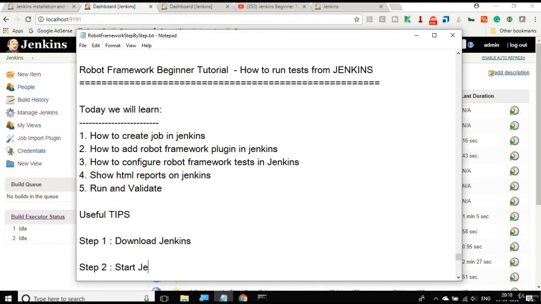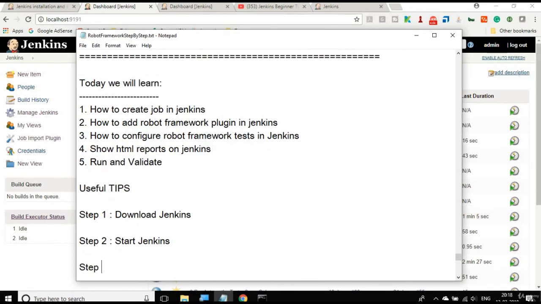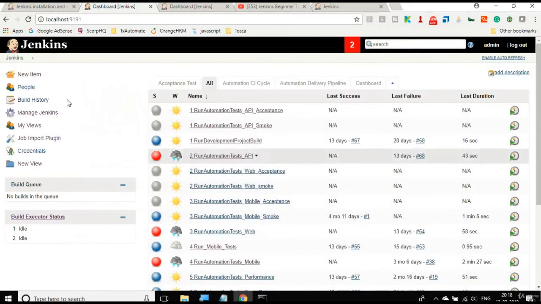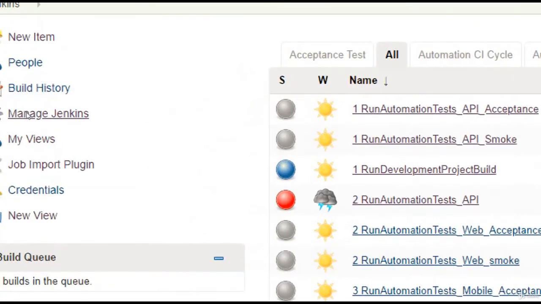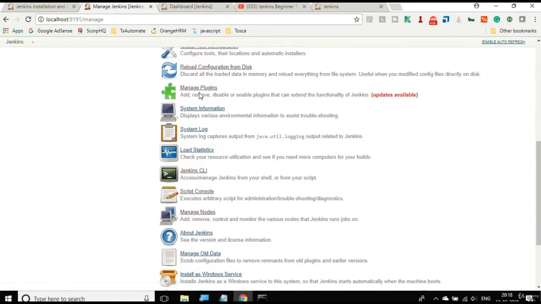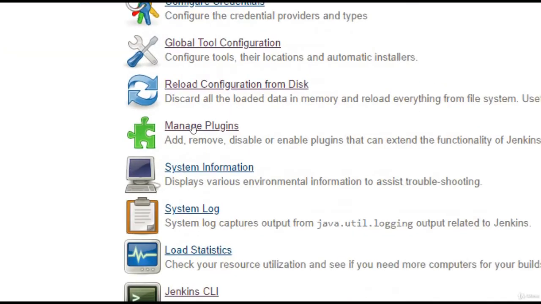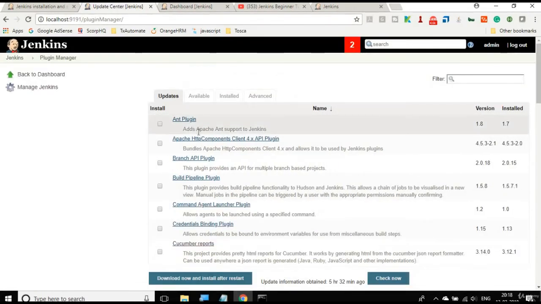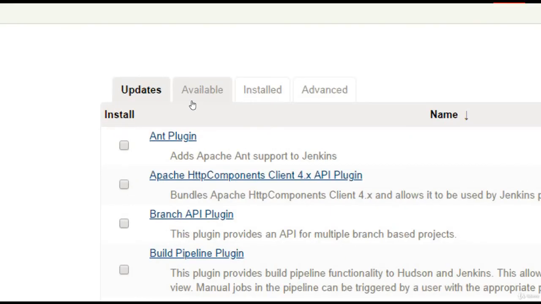Now here step number 2 is you have to start Jenkins, which we have already done, and step number 3 is you have to add the Robot Framework plugin in Jenkins. So for that, if you go to your Jenkins and go to Manage Jenkins, here you will find Manage Plugins. Click here, and here you have these different tabs: updates, available, installed, advanced. Go to the available tab,